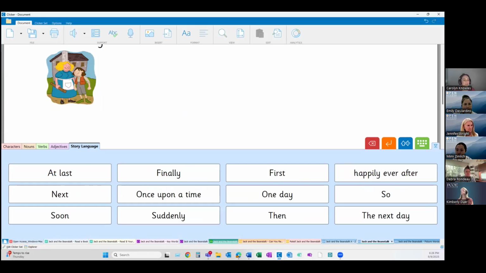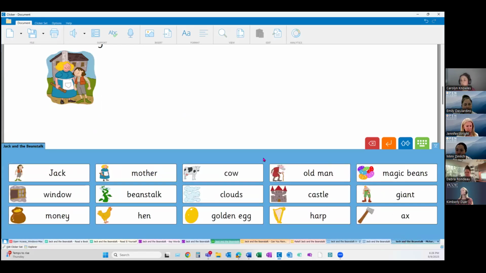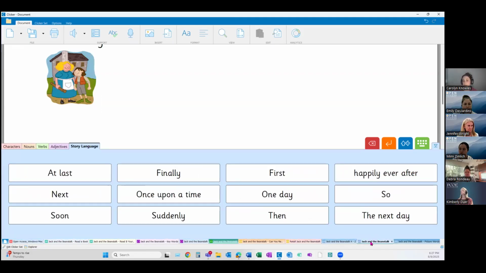And we also even have some picture word banks. Again, this is basically the same key vocabulary as we had in the talk set with the same pictures. So a student might be using this to do their writing, or they may choose to use this and a different word bank at the same time. You can see I have all of these open. So you can layer activities also, different grids or word banks most often, depending on what particular students may require.